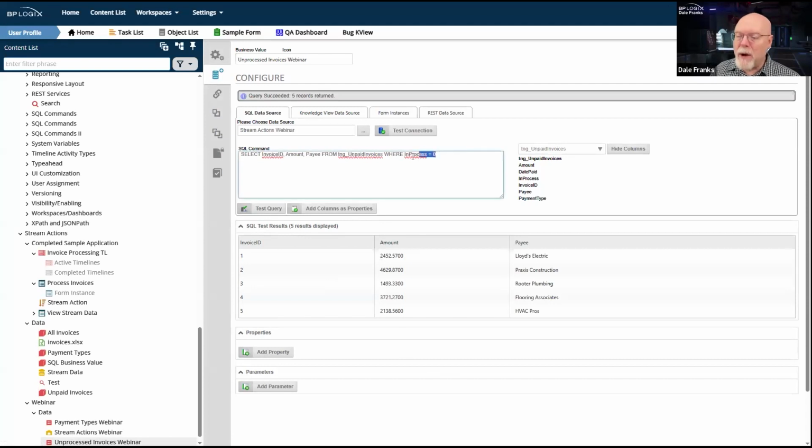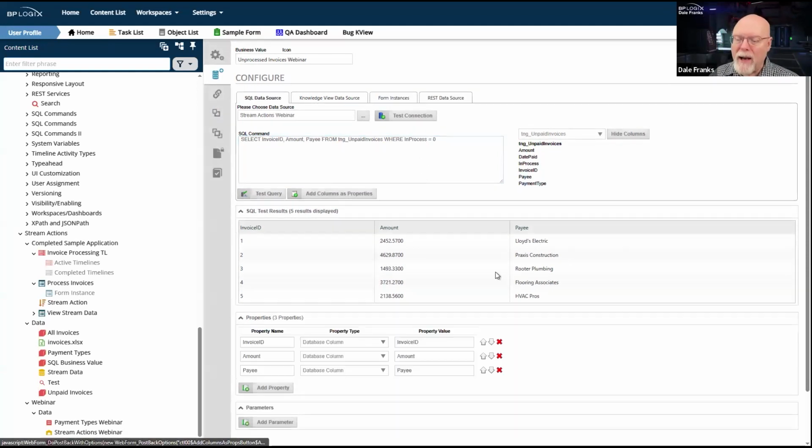Now, this is going to be really important because I'm going to need to play around with this a little bit later whenever I run my process. So just keep that in mind. That is the key that determines what invoices I need. If I have 1,000 invoices in there, but I've only got 3 unpaid, I only want to return those 3 unpaid. So this is important.